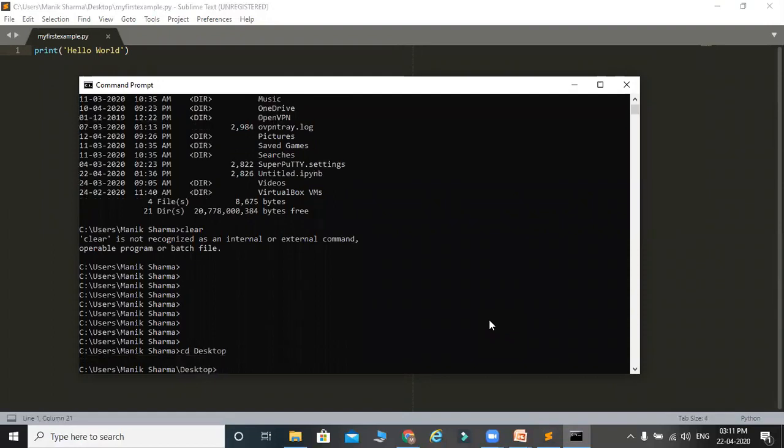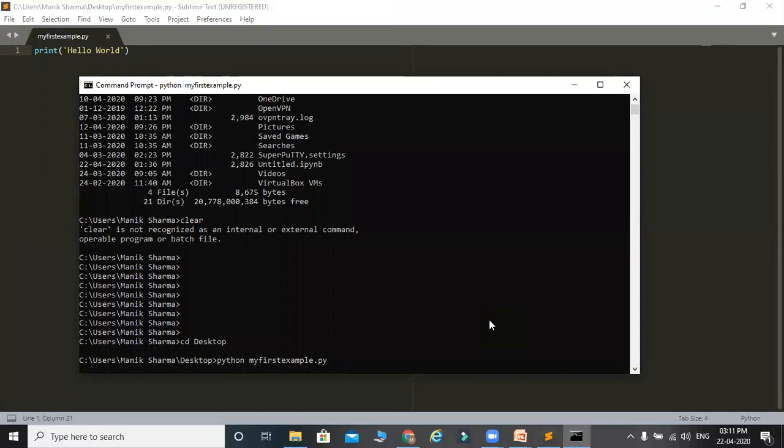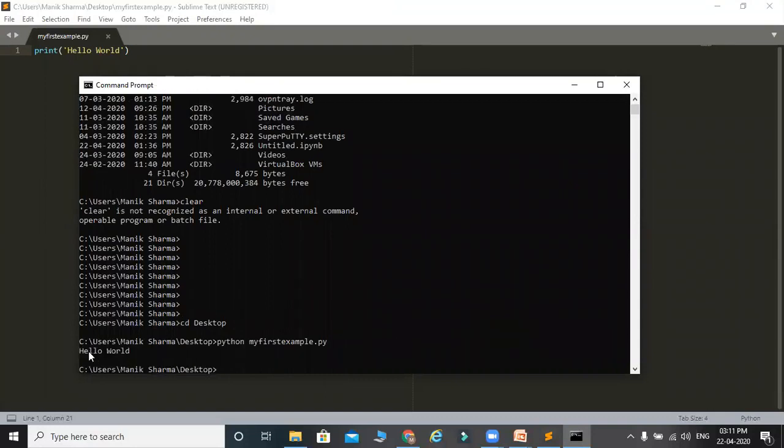Now you need to run the Python file: python, then the name of the file, my first example.py. When you press enter, it will give you the output hello world, meaning our Python code runs successfully. There is another option as well. You can write the Python code, like just start the Python.